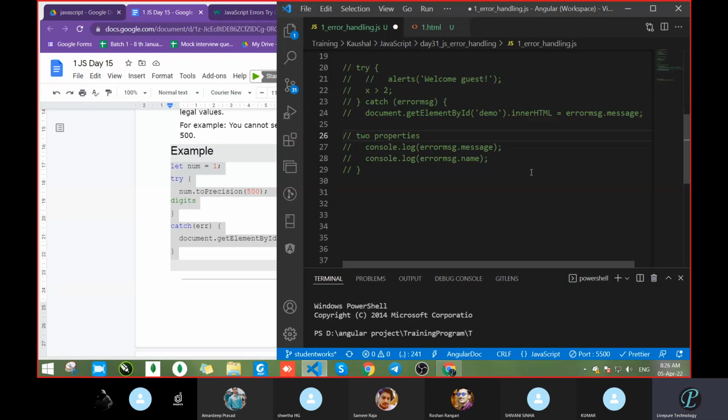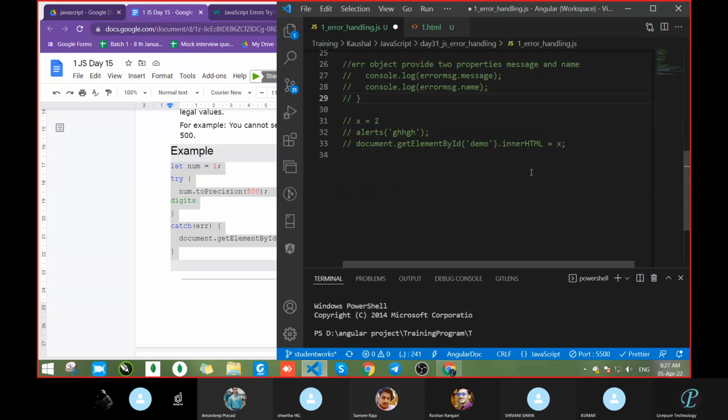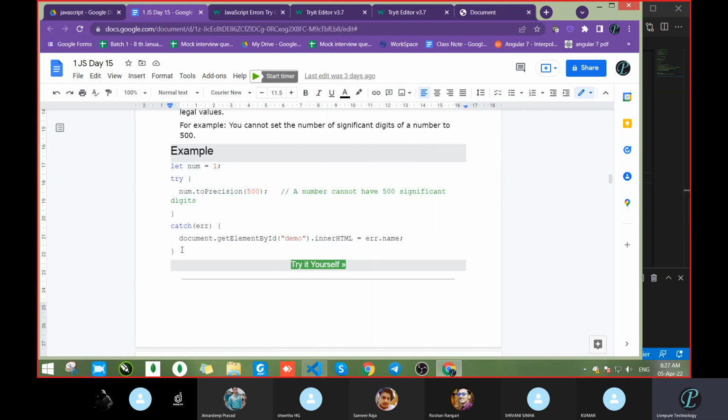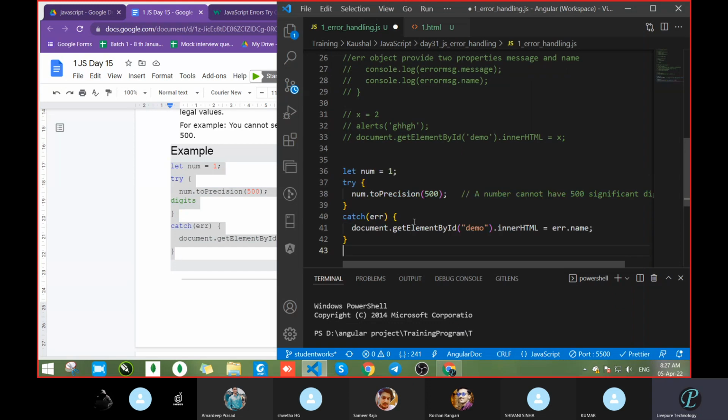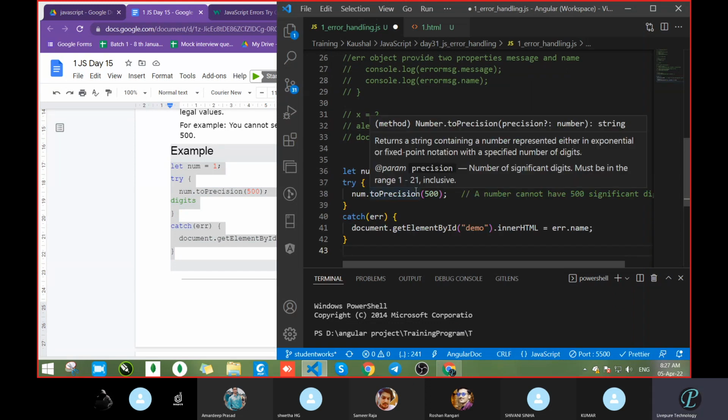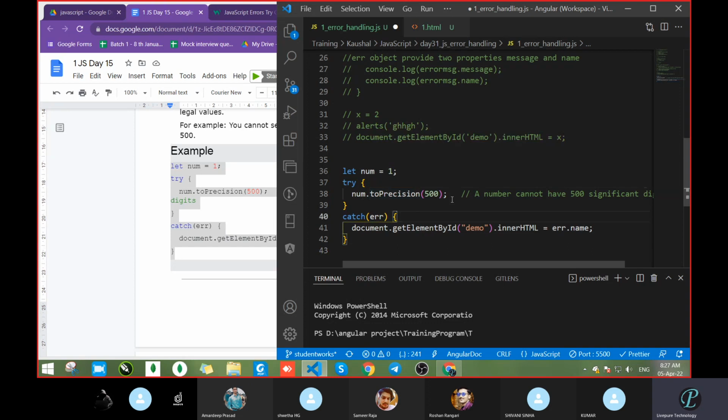Two properties, message and name. Okay, let's copy this line. Let's see. So what happened? Let num equal to 1 and try num dot toPrecision 500, and error equal to something.